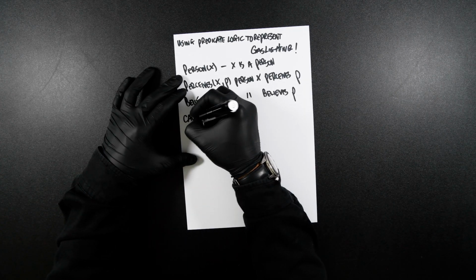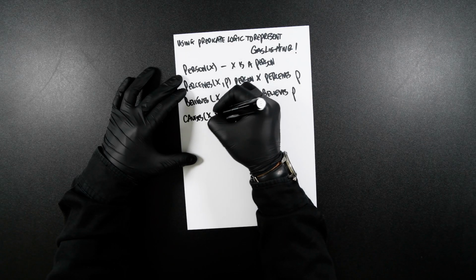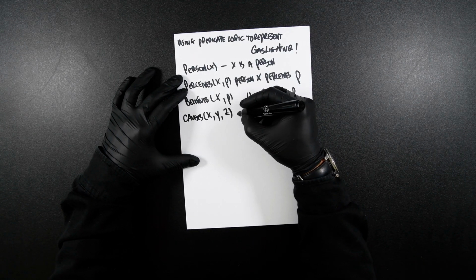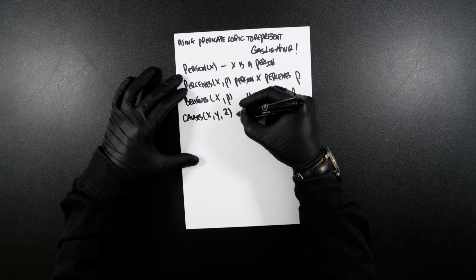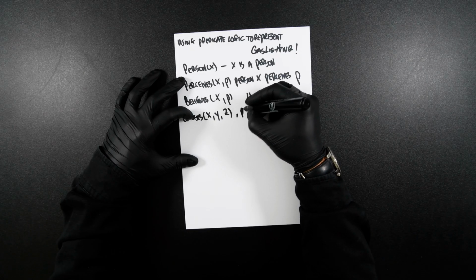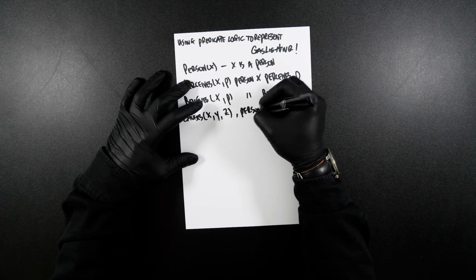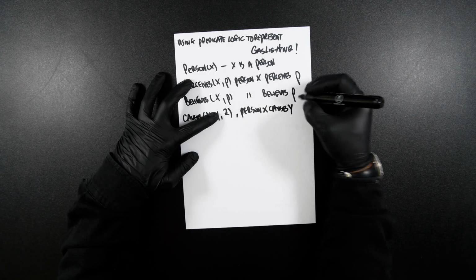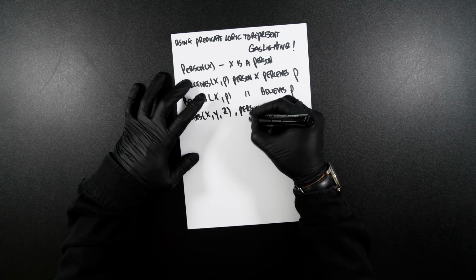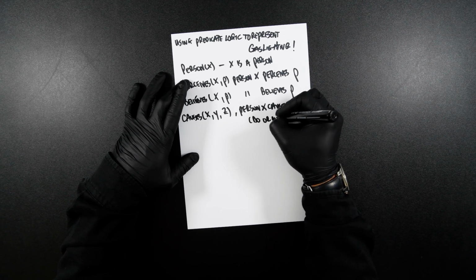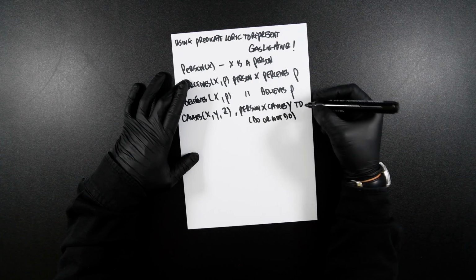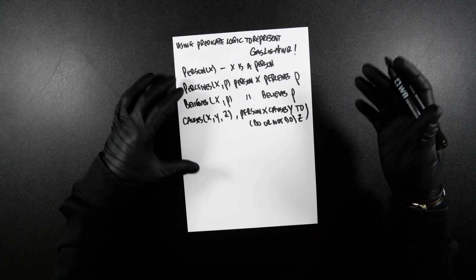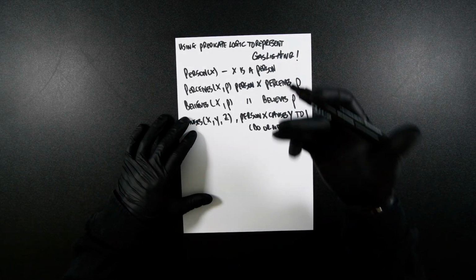So we now have causes X, Y, let's put a Z. So person X causes Y. This means person X causes Y to, I could put this in brackets, do or not do, because we don't really know, Z. Person X causes Y to do or not do. Obviously, it depends how you're being gaslit right now,